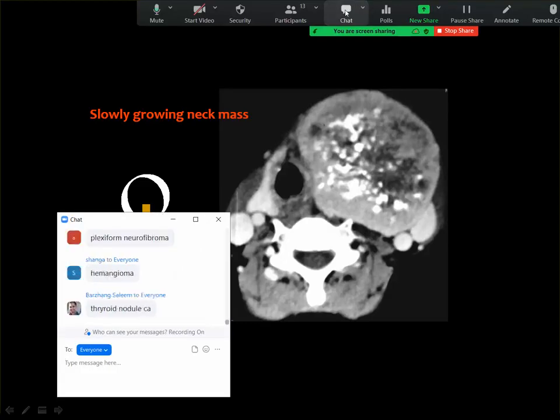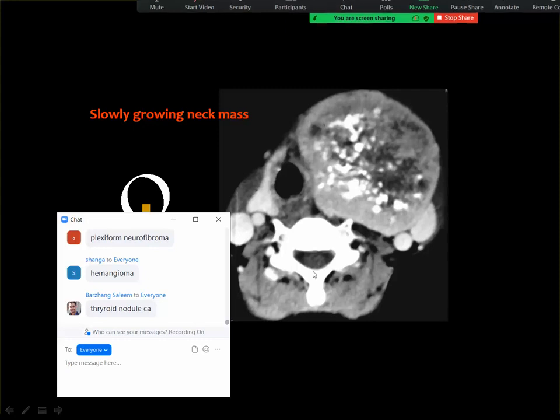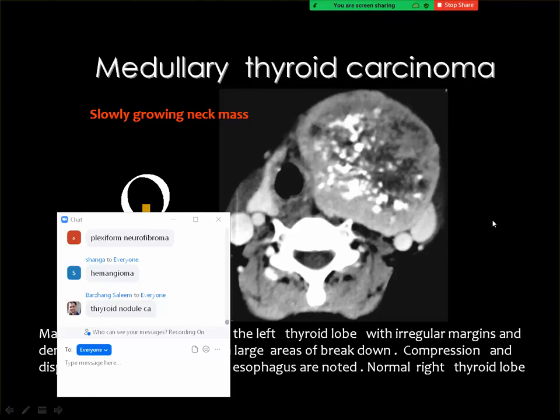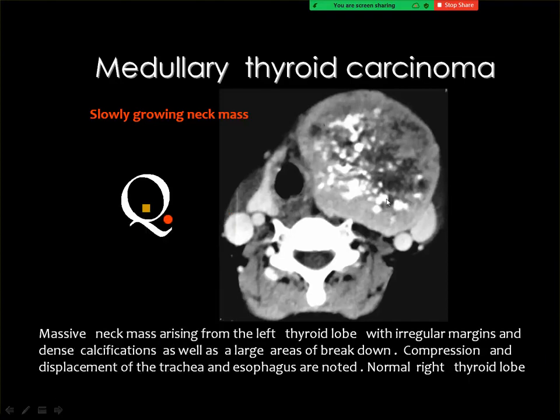Hemangioma of which thyroid carcinoma. Hemangioma, no, this is not the pattern of enhancement nor the calcification. This is a big mass in the left thyroid lobe, and it shows dense calcific foci as well as central areas of breakdown. And you should suspect in such cases, especially whenever the lesion is unilateral and is big, you